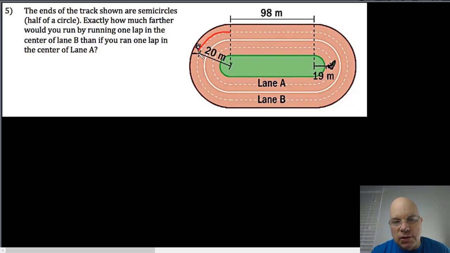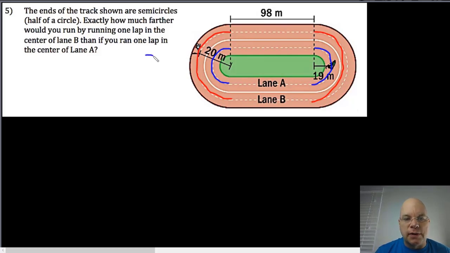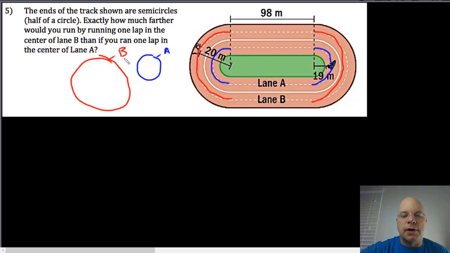This runner that's running this semicircle, he's in lane B, he or she will also need to run this other half of that same semicircle. And the person in lane A has to run these two semicircles to run one lap, but they're much smaller circles. And so we're really finding the difference between the circumference of circle A and the circumference of circle B. It's really hard for me to draw a circle on this writing tablet. Okay, so